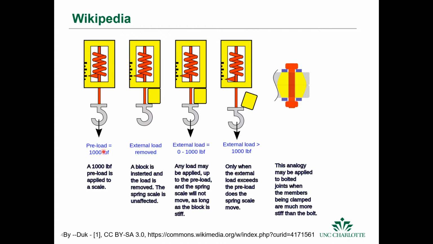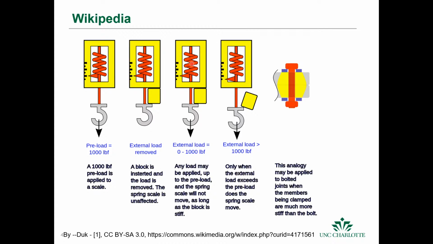So in this case, they use a 1,000-pound preload. If you put 1,000 pound, then throw a stop in there, okay? And then if you put any external load on there, okay, the spring is not going to move. So you see this little scale here, okay? So if you pull it down to this tick mark, and then you install something here, like if you apply a load all the way up to that original load where you brought it down to this tick mark,